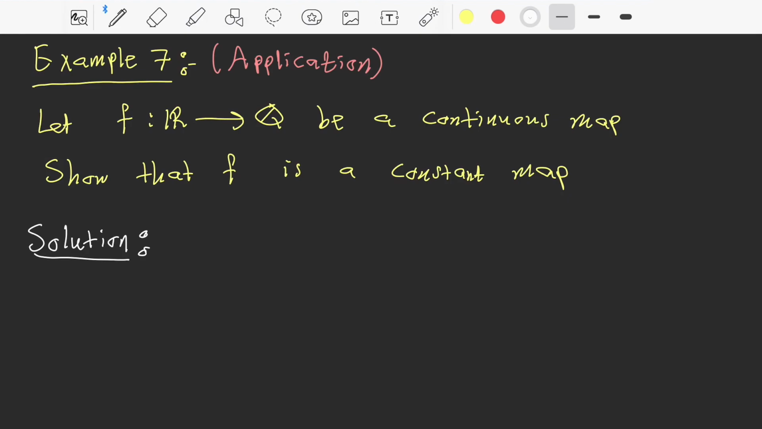So please pause, think about it. Okay, now we will go ahead and we will solve this application using the technique that we have seen in this video and in general topology course. So first of all,